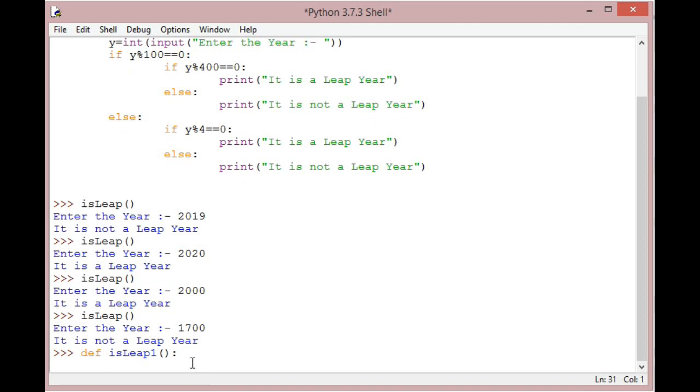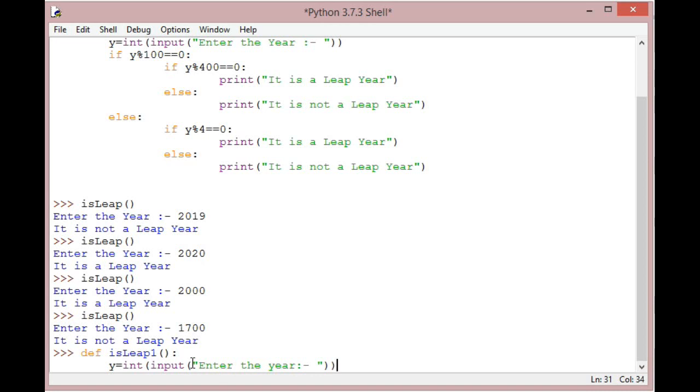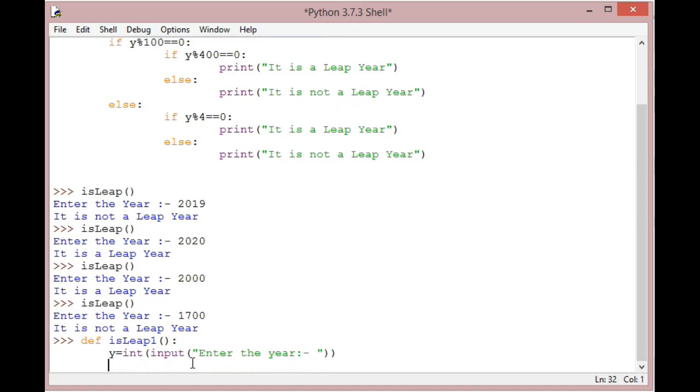So what I'm going to do is take y equals int input. Now here I have to check this whole thing that I was doing earlier with so much code. I will just write it in two